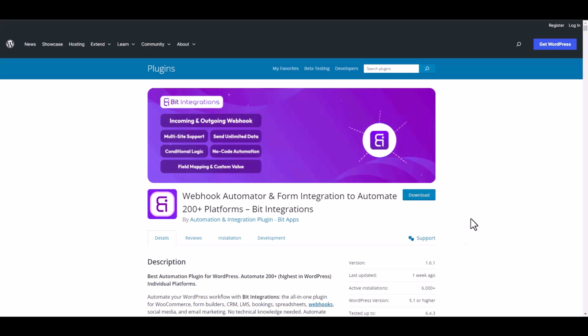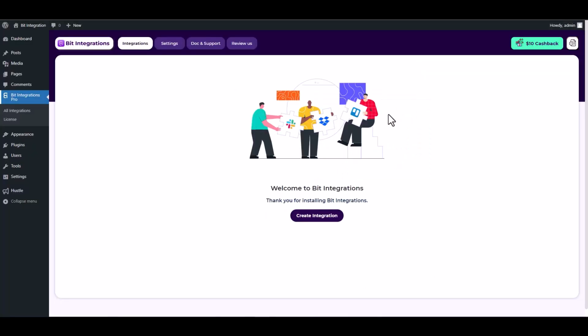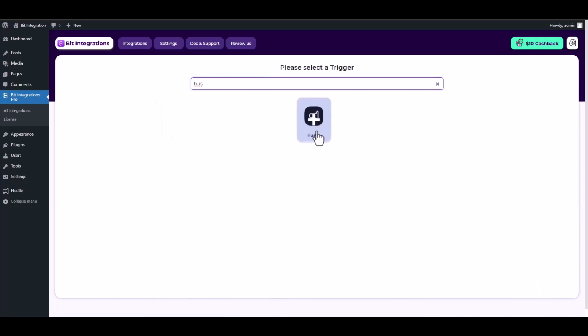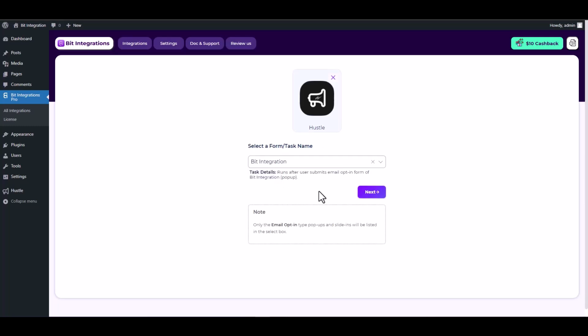I am utilizing the Bit Integrations plugin to establish a connection between these two platforms. Let's go to Bit Integration Dashboard. Create integration. Search and select Hustle as a trigger. Choose a form. Next,